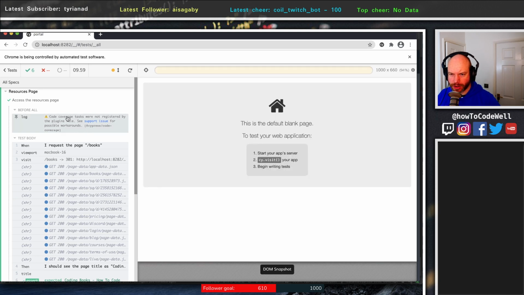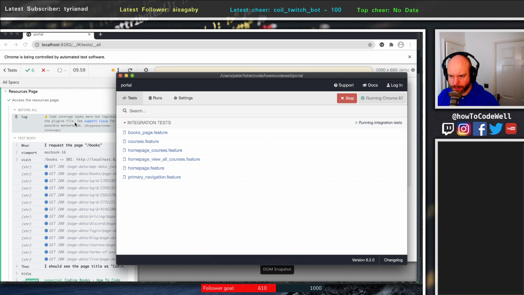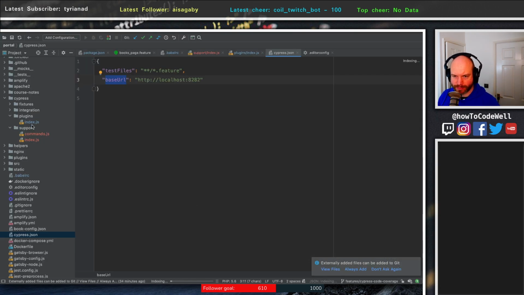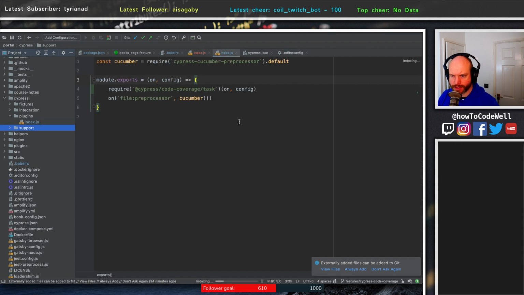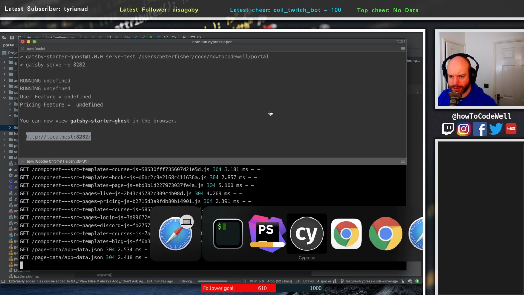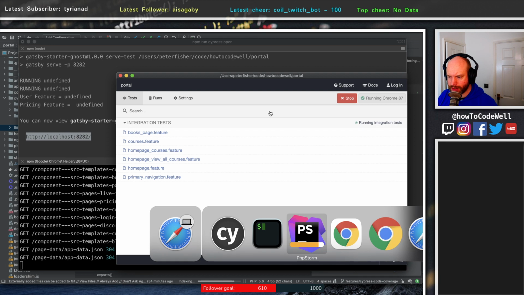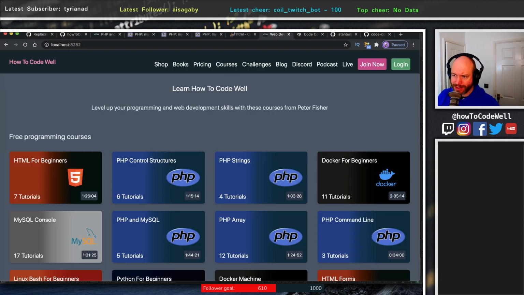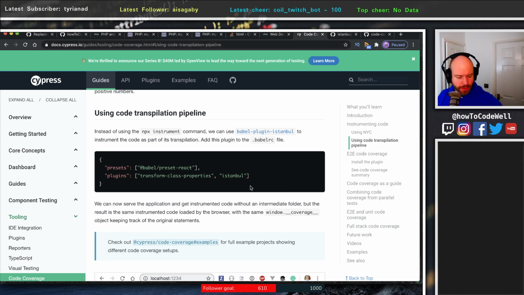Okay, so code coverage tasks were not registered by the plugin file. So it's obviously talking about this plugin file. Cypress code coverage task. It's saying that it's not registered. Which is weird because I've done everything. I think I've done everything that the documentation mentions,